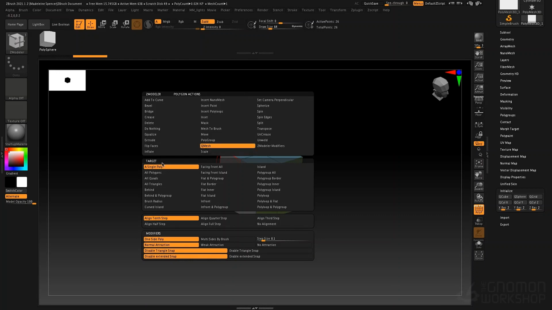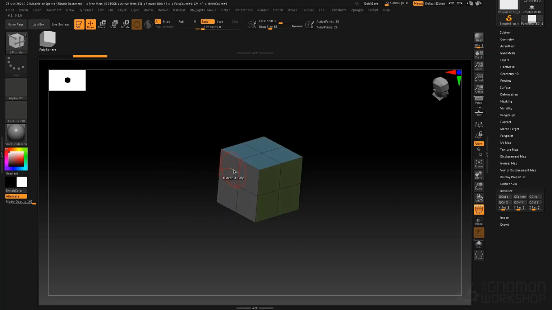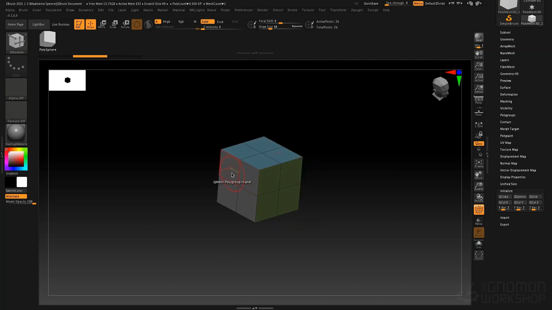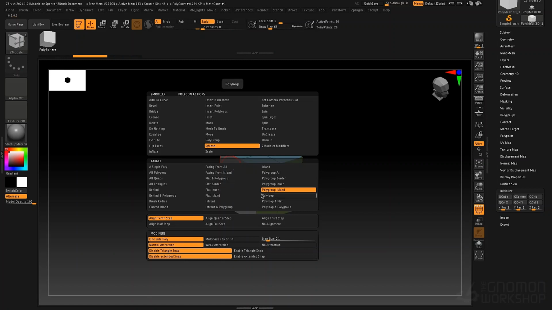The next thing we have is our target. So we can make our target a single polygon, which would just be this poly. If I click and drag, it only Q meshes that polygon. If I turned on X symmetry, it would work symmetrically. If I change this to polygroup island, it's going to grab every polygrouped face that's touching one another. So it'll do this. Were I to change this to edge loop,